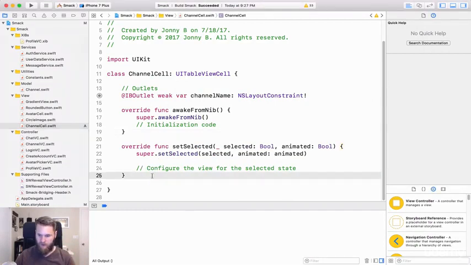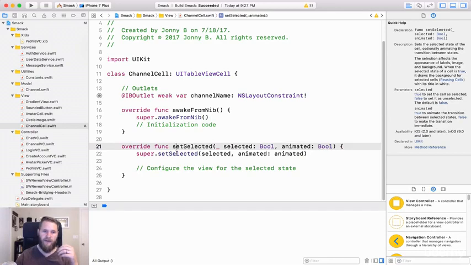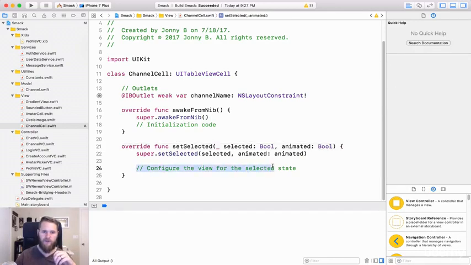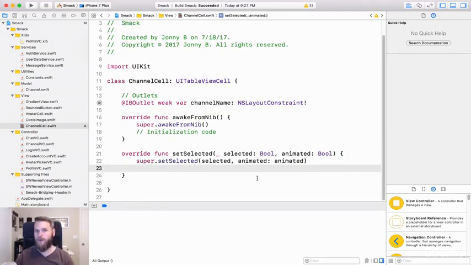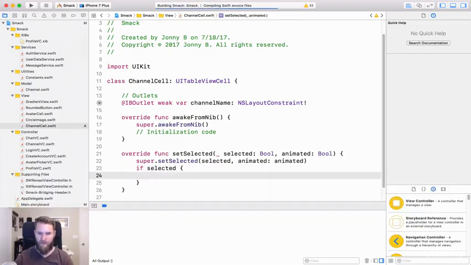First off, let's do the setSelected. You see here it comes with a function called setSelected, and it says here configure the view for the selected state. So basically that means what does the view look like for any of the rows in the table view that are selected. And so what we're going to do is say if selected, then we're going to set the background layer to a white with a low opacity. So we're going to say